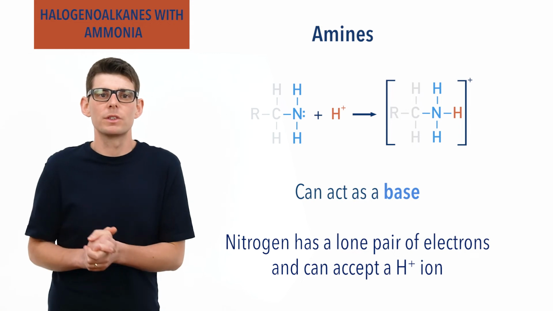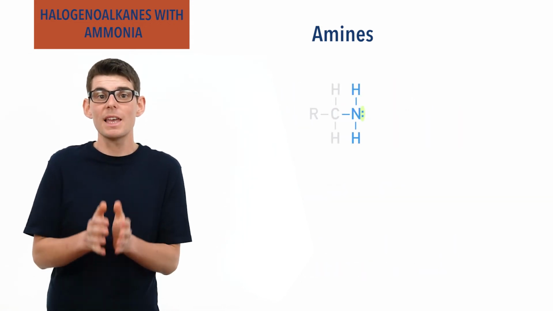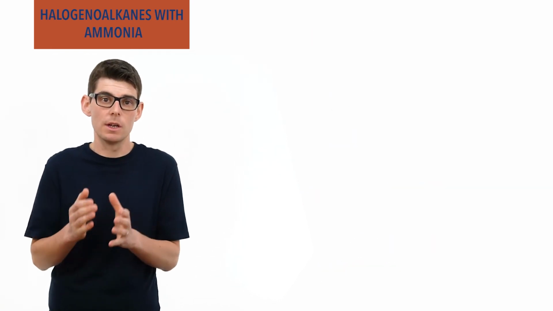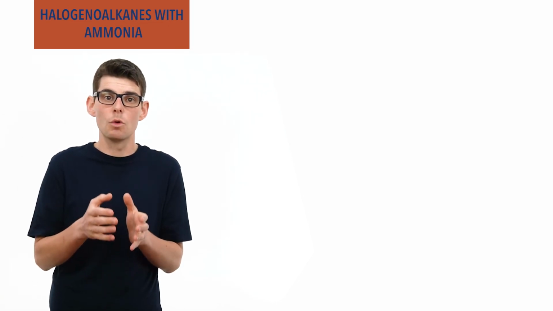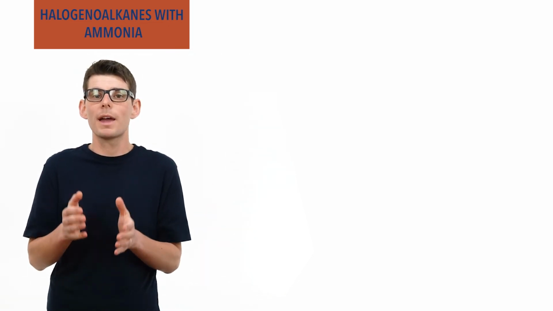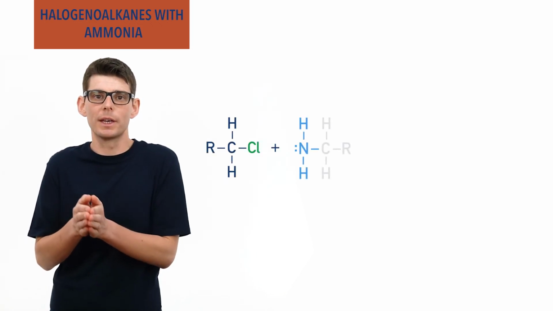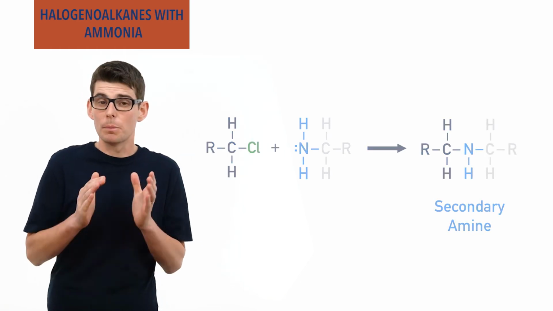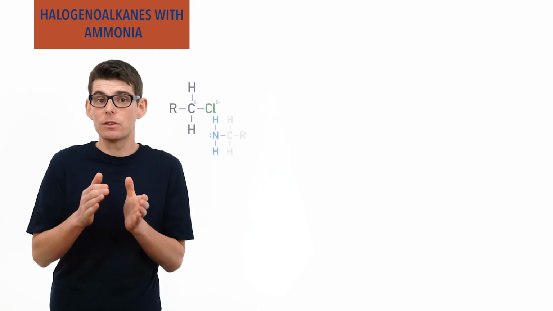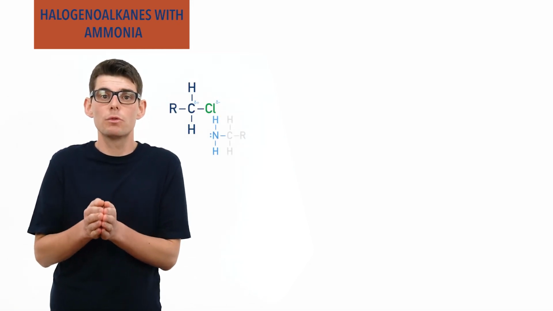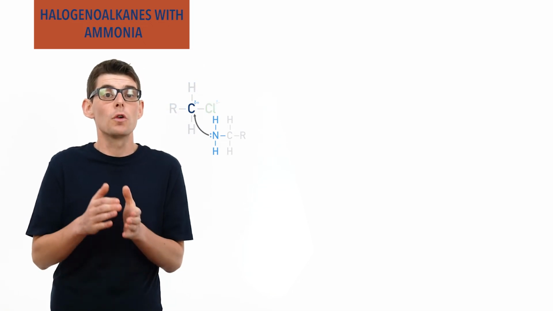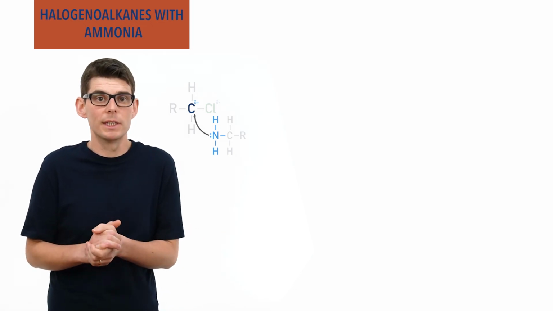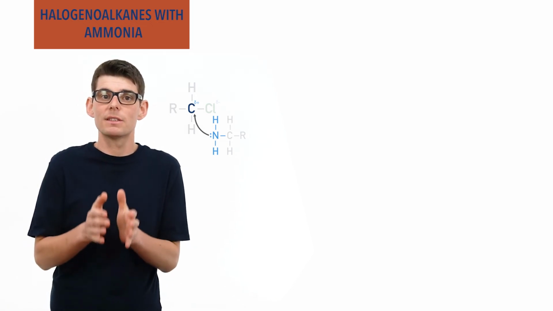The lone pair of electrons in the nitrogen in an amine also means, however, they can act as nucleophiles. If the concentration of ammonia in the reaction mixture is low, it is likely that a primary amine already produced in the reaction earlier on will end up reacting with another unreacted halogenoalkane molecule. In this case, a secondary amine gets produced. The primary amine produced earlier in the reaction acts as a nucleophile, and the nitrogen in the NH2 group uses its lone pair of electrons to form a bond with the partially positive carbon in the halogenoalkane molecule, just like ammonia did. The mechanism now proceeds as previously shown.